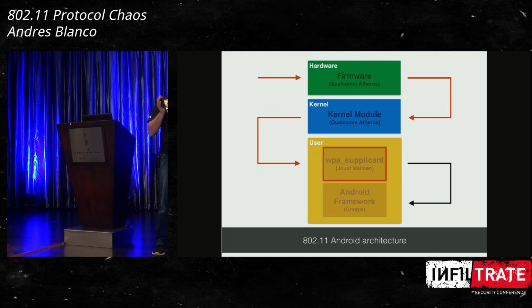Okay, so we can have a frame that is first processed by the firmware, and the firmware can modify it, or block it, or do something about it. Then it's going to go to the kernel, where the same thing could happen. Then it's going to go to the supplicant. And finally, part of the information will end up in the Android framework. Okay? So a lot of different vendors and a lot of different people are touching all these frames in different layers of the protocol. And this could make things really messy.